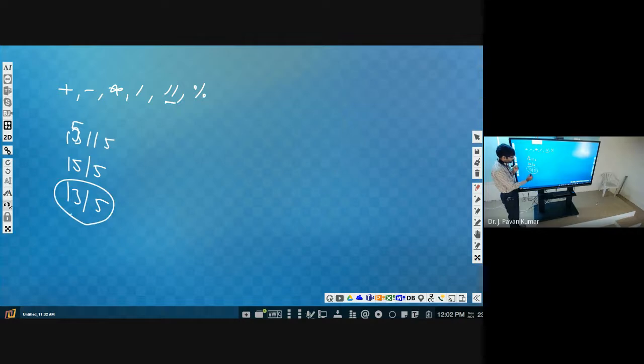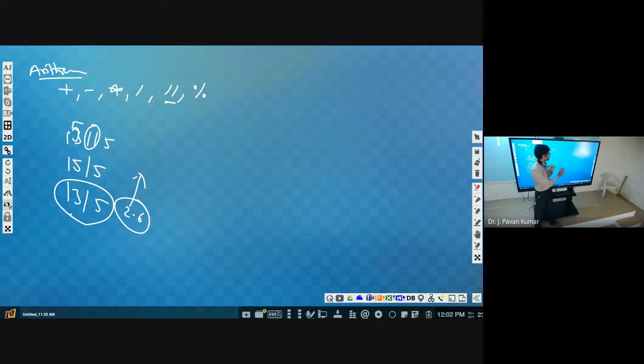So this will give the normal result, in decimal points, a real number as the output. But if you use floor division, then it will consider the whole number, that is the integer part of it. These are the arithmetic operators.